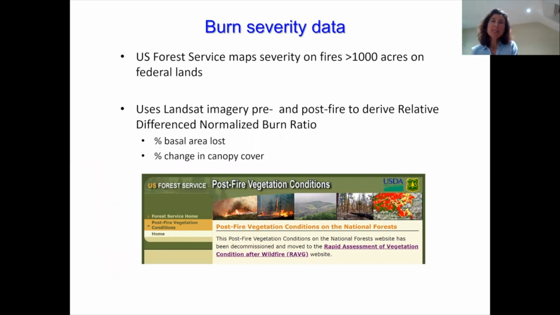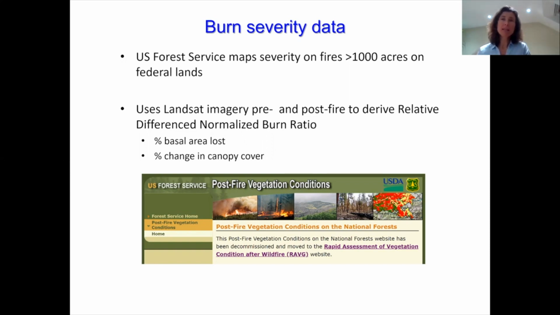Now, to integrate the effects of fire into these data sets of runoff and recharge, we used burn severity data, and these were derived from the rapid assessment of vegetation condition after wildfire. This is an assessment that's done by the Forest Service on any fires over 1,000 acres on federal lands.